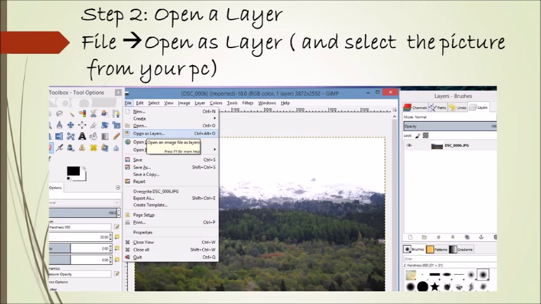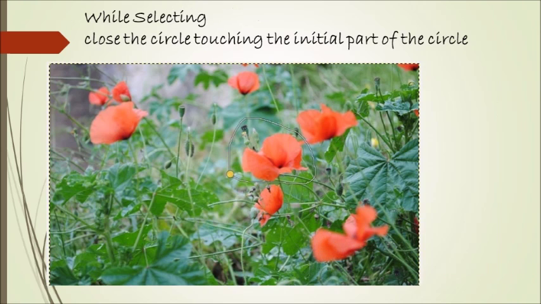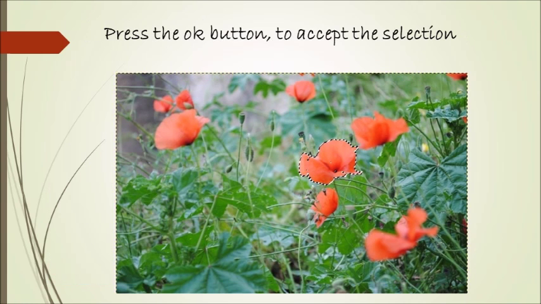Now our next step is to select the puppy. So I go to the left side and among the tools I click on the tool foreground selection, and with the mouse of my computer I go to the picture and I try to make a circle around the puppy.